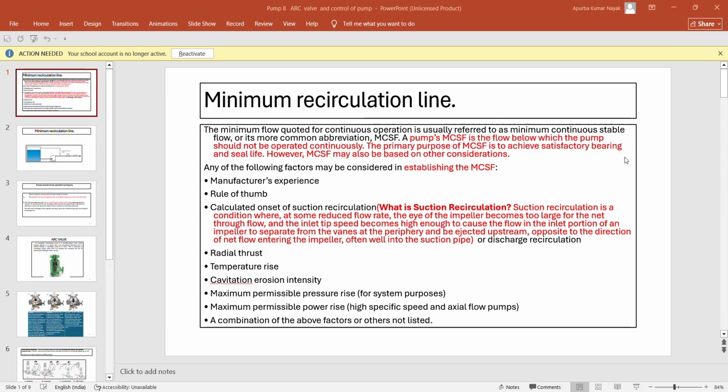Friends, today we are going to discuss a very important topic related to pumps, that is called its minimum recirculation flow. There is a terminology called minimum continuous stable flow, MCSF. What is MCSF? Now we know that when a pump is running at lower flow, there is a possible problem. If you run the pump with discharge valve closed condition, your discharge flow will be zero, but